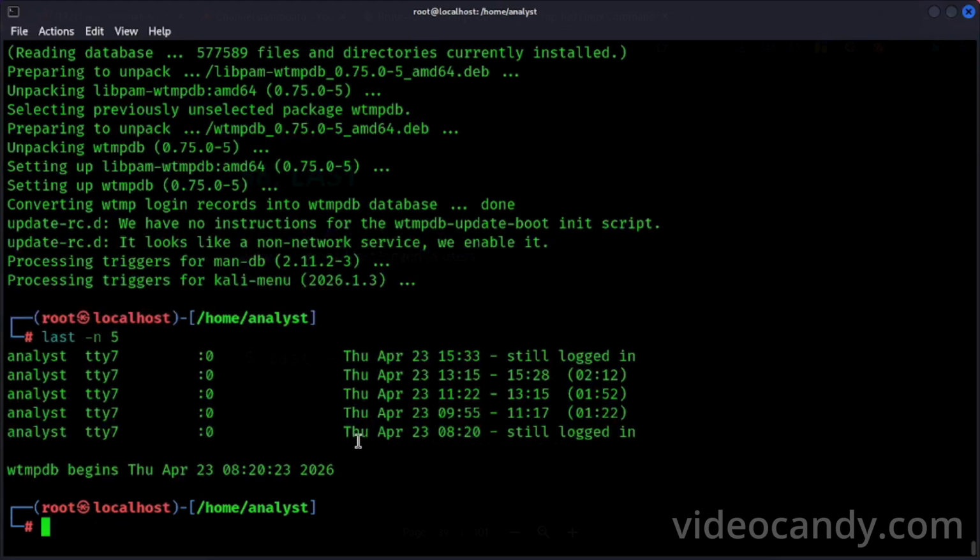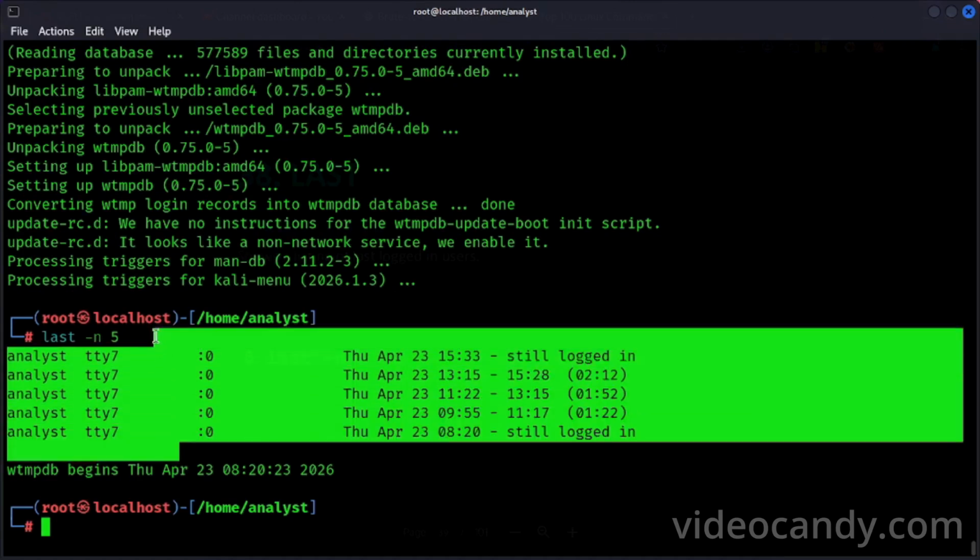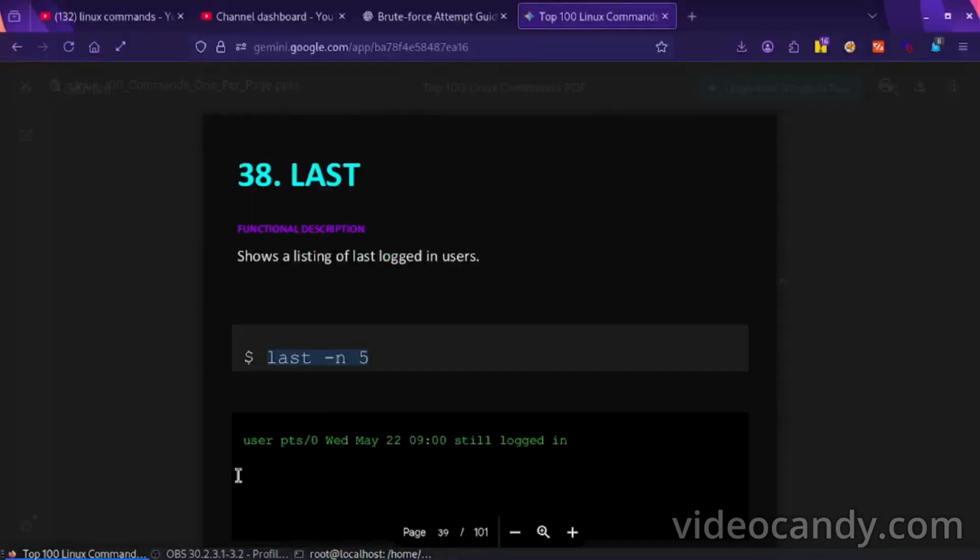Now the last login is 3:33 p.m. Okay, and here are the last 5 logins.